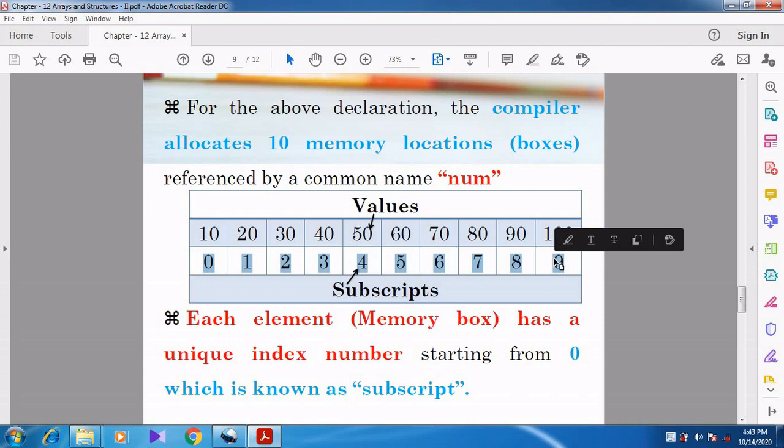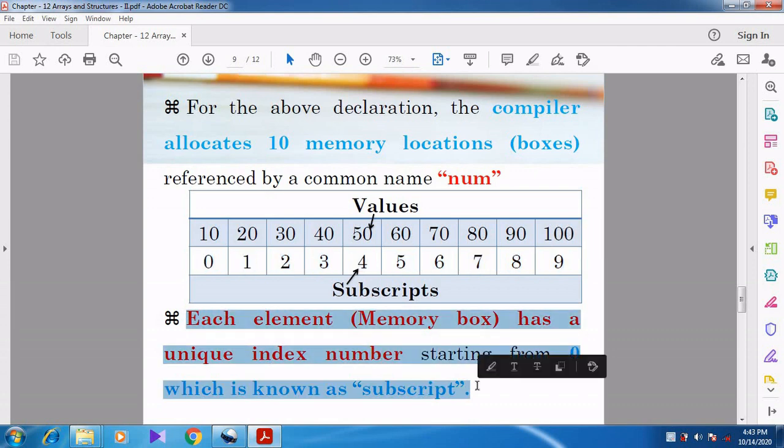You can note down this formula: the array subscript always starts from 0 and ends at n minus 1. If you take the number of values, you reduce by 1, because the array subscript always starts from 0. So each and every element's memory box has a unique index number starting from 0, which is known as the subscript.